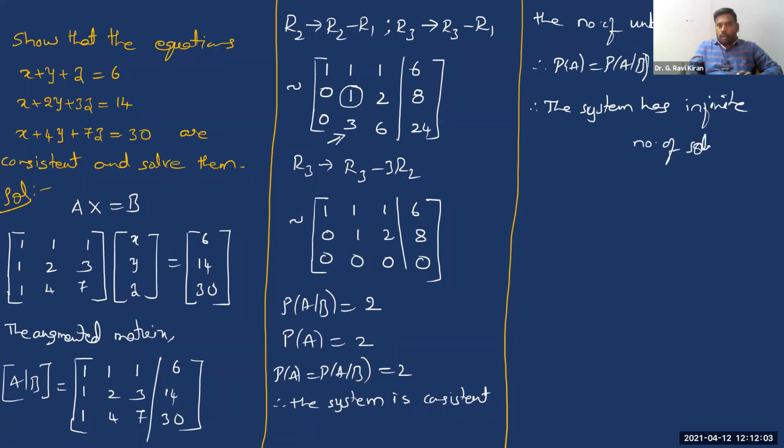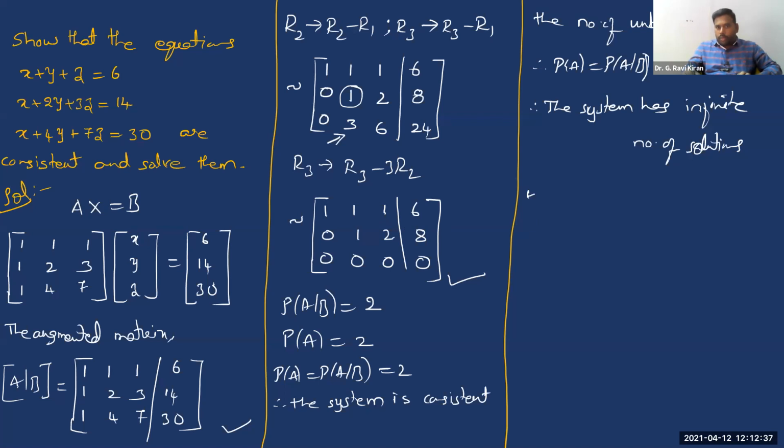Now we need to find out all these solutions, right? Look at it how it is. And understand again, when you have an equation, from this equation, we can write the augmented matrix. By taking all the coefficients, we can write the augmented matrix from the given system. And this augmented matrix is reduced to a new form. So when you can write the augmented matrix from the system, can't we write equations back from the augmented matrix? We can. So from this, again, these are all the coefficients of unknowns only.